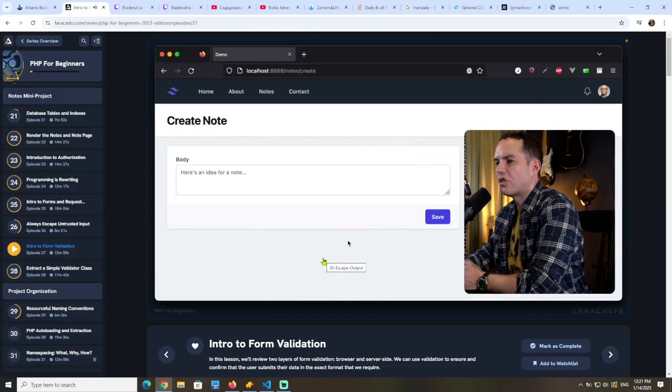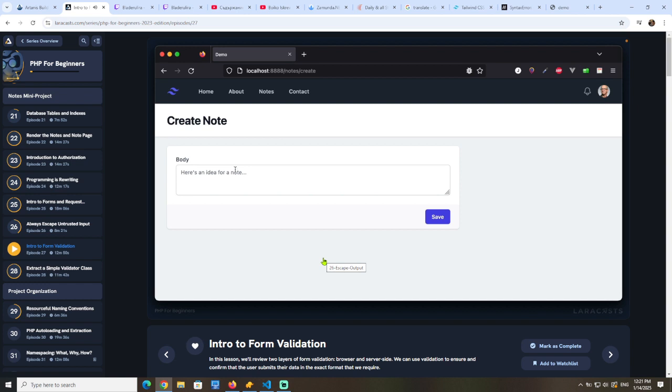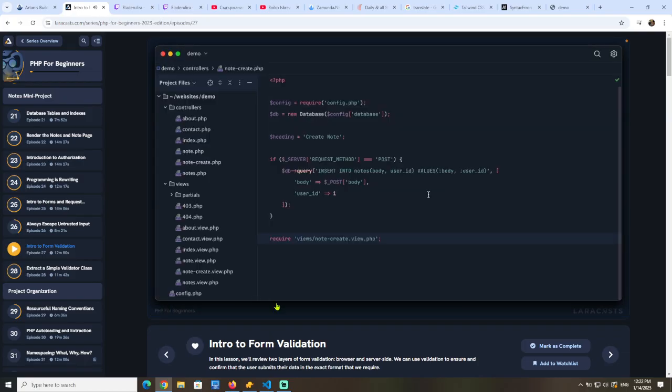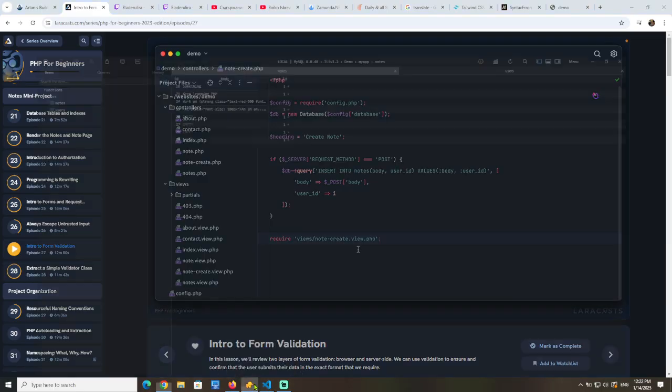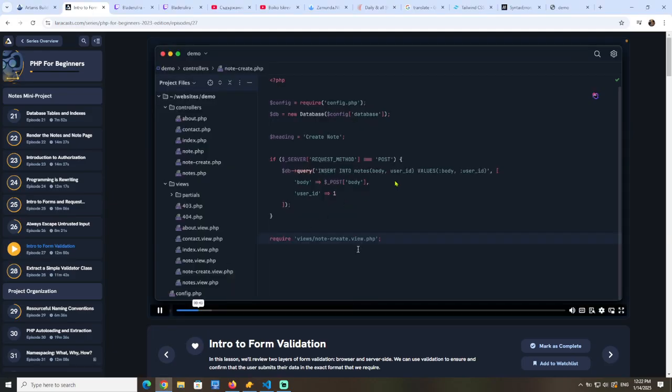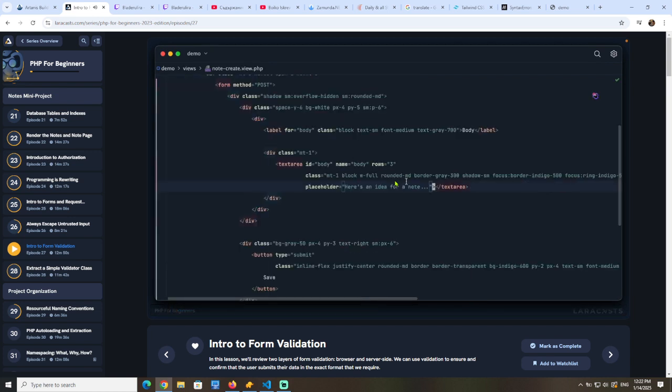Just to restate the problem, notice right now, if I leave the body text area blank, I can still submit the form. And if I now switch to Table Plus and give it a refresh, we have an empty row that has just been persisted. So I know what you might be thinking. Your first thought might be, well, let's go to our form, and here